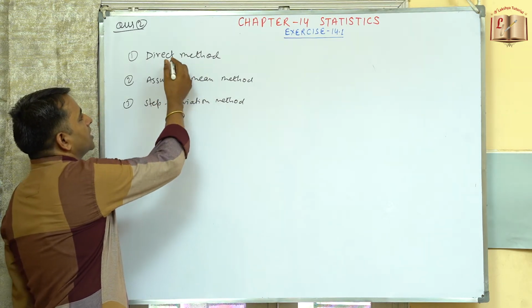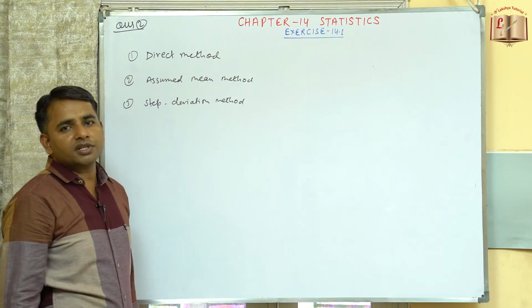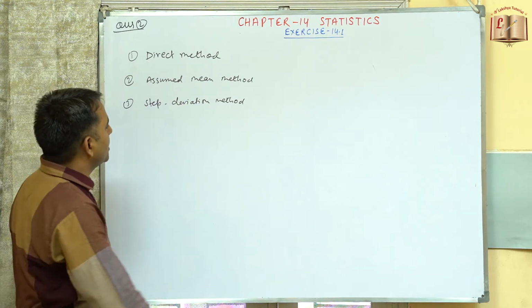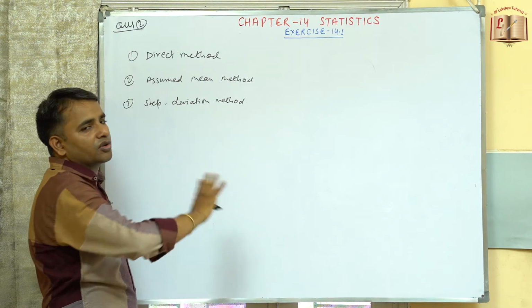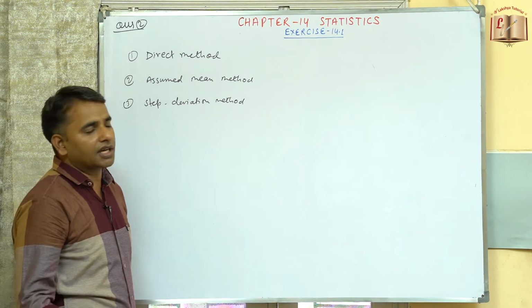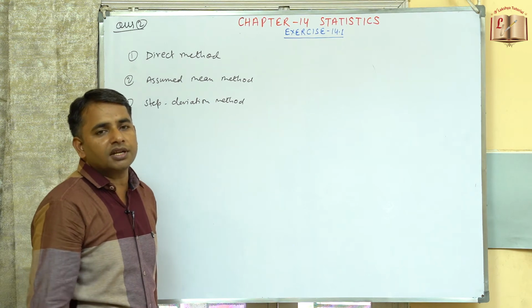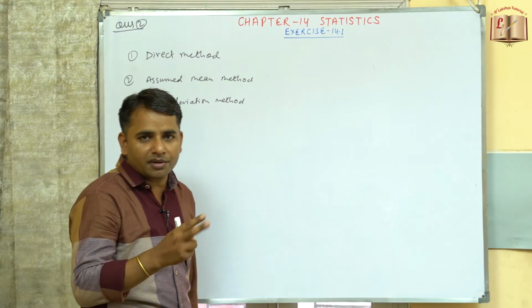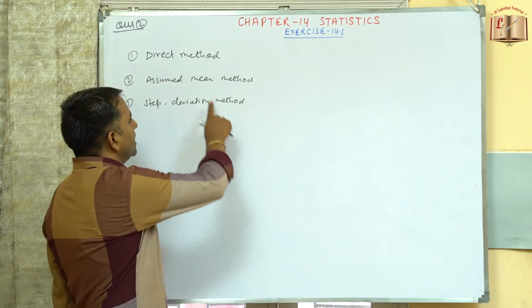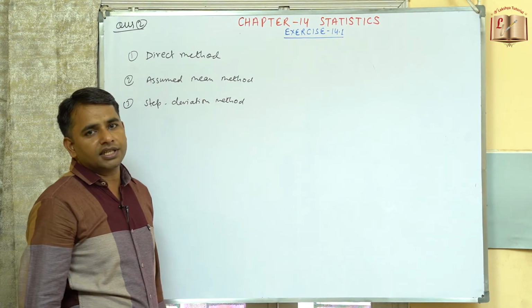अभी जो हमने फर्स्ट क्वेश्चन किया हुआ था दैट वाज बेस्ड ऑन द डायरेक्ट मेथड. सो डायरेक्ट मेथड में क्या कि सीधी सीधी वैल्यूज को लिया मैंने Fi Xi कैलकुलेट करके निकाल दिया. इन केस अगर वैल्यूज थोड़ी बिगर है, मीन्स हमें कैलकुलेशन करने में थोड़ी डिफिकल्टी आ रही है, प्रोडक्ट बड़ा बड़ा आ रहा है, उस केस में हम क्या करते हैं कि एज्यूम्ड मीन मेथड लेकर के जाते हैं.